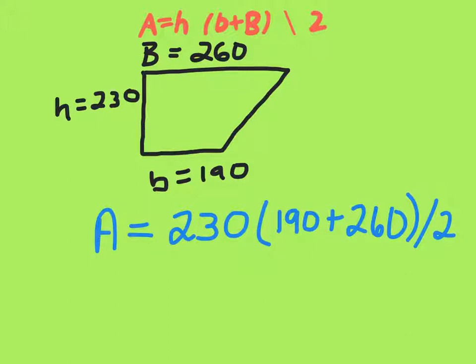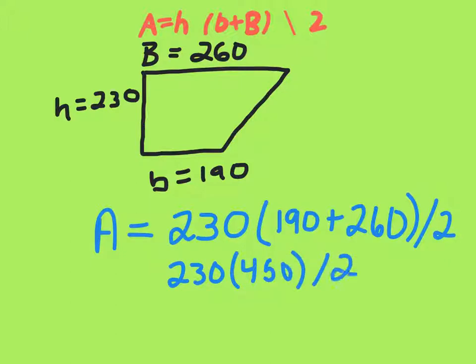Okay? Let's do order of operations. Remember that? That's going to come in handy. We have to do what's in the parentheses first. So let's do 190 plus 260. That's the first thing we're going to do. 190 plus 260. When you do that, what do you get? If you looked at your book, it'll tell you. You get 450